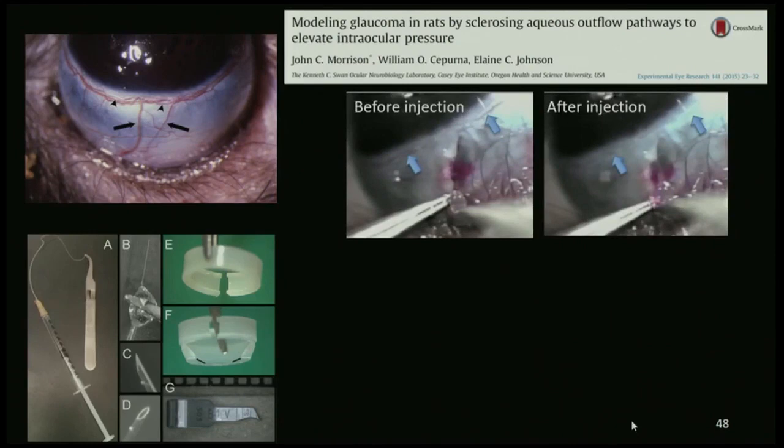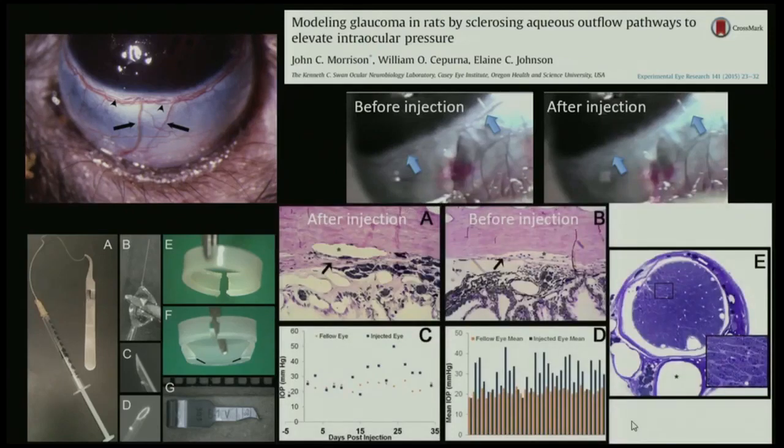Once they cannulated it, they injected the system with hypertonic saline. Hypertonic saline is used to collapse vessels in other fields, like in dermatology. What they're showing here in the publication is the limbal vasculature before injection and after injection of hypertonic saline. You can see that those vessels have blanched. Those vessels got hypertonic saline, and over time they sclerose down and basically are no longer patent. And that's how the pressure is elevated in this model. So it's a chronic elevation.